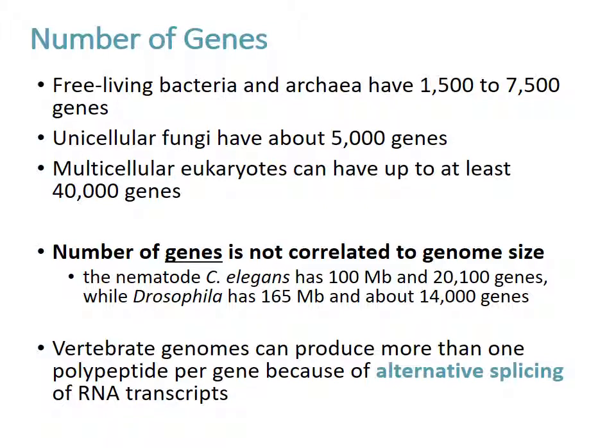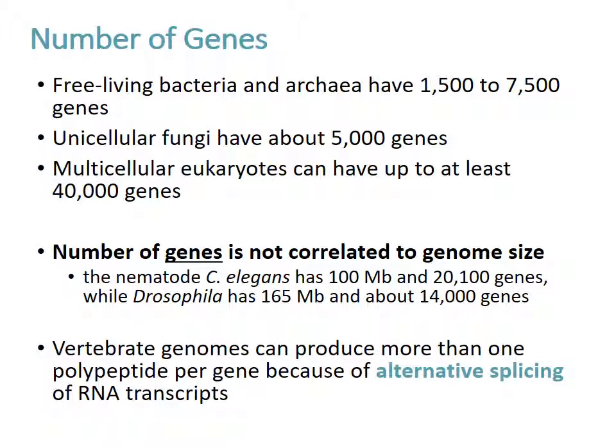Prokaryotic organisms tend to have fewer genes than eukaryotic organisms. However, unicellular fungi don't have a whole lot of genes either. But multicellular eukaryotic organisms can have up to like 40,000 genes or more. But the number of genes is not really correlated with the genome size. So a nematode, C. elegans, has 100 million base pairs and 20,100 genes, while Drosophila fruit fly has 165 million base pairs and only 14,000 genes. So there's not a one-to-one